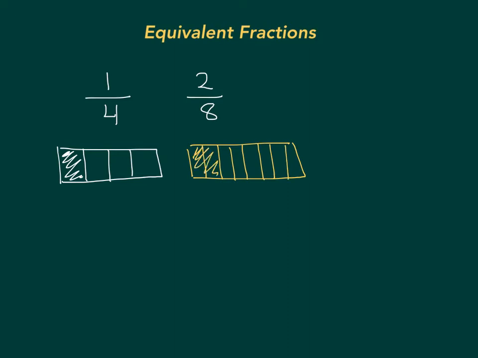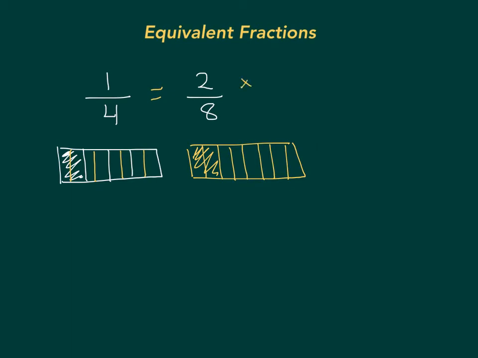And straight away from looking at our model, we can think, wait a second, they look very similar. So if we actually split this quarter model into 8s, we can see that 1 over 4 is the same as 2 over 8. And that's what's called an equivalent fraction. And to create equivalent fractions, we could just multiply the numerator and the denominator by the very same number. If we wanted to create another one, we could say